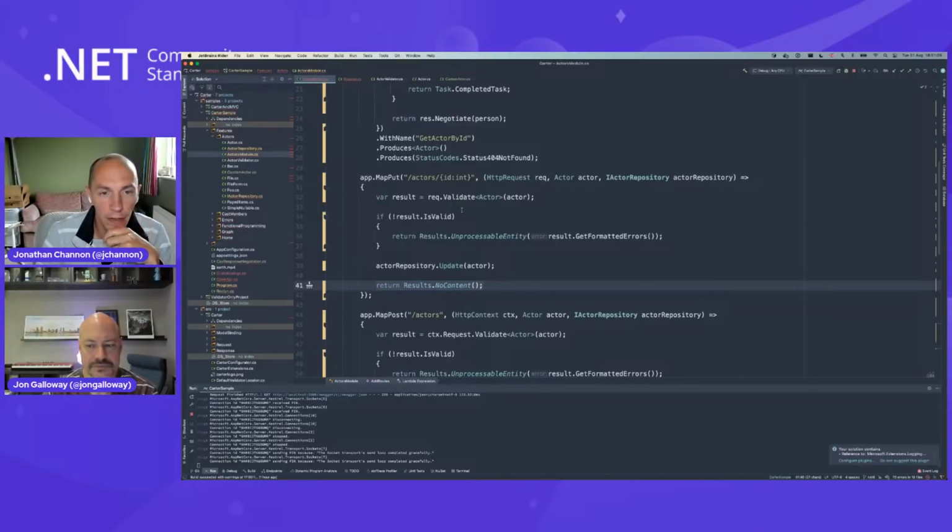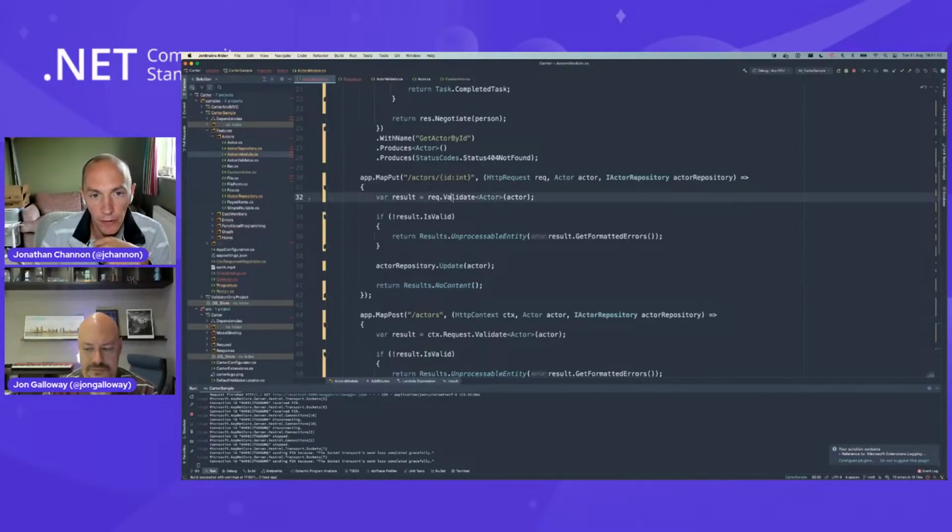A lot of Carter is based on extensions off existing objects, and so the validate stuff just worked, which was great. I think hopefully in time in .NET 7 validate might be something that comes with .NET 7 rather than taking another dependency on Fluent validation, for example.